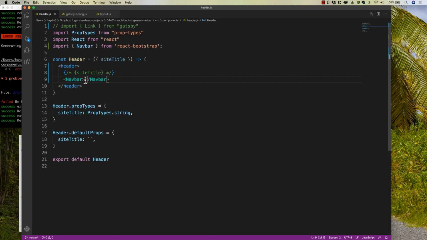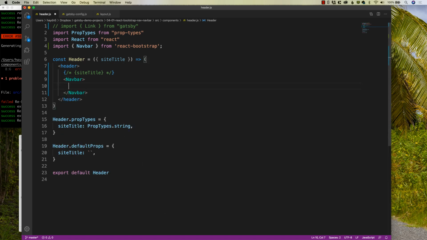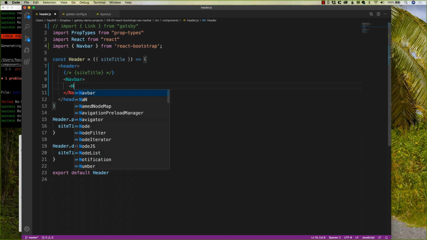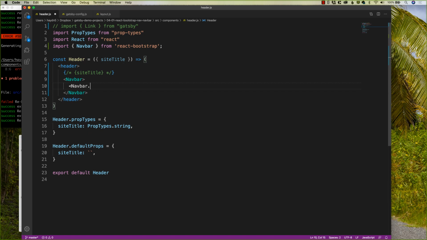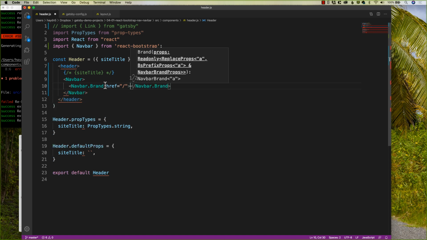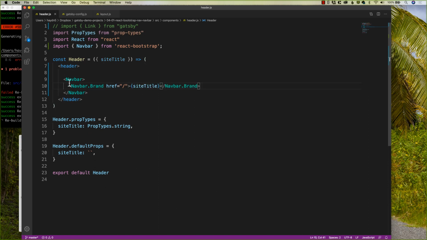So everything's going to go inside of our navbar. I hit return key. And the next thing I want to do is then bring in the Navbar brand, aka logo, aka title. In this case, I'm going to say navbar. So that's going to follow this piece and say .brand. That's going to say the brand of the piece, and I'm going to say where the location is. href equals quotes / for the home page. Remember that site title? Let's bring it right back. Cut, paste, drop in. Now I have navbar, Navbar brand, href equals / quotes, site title,